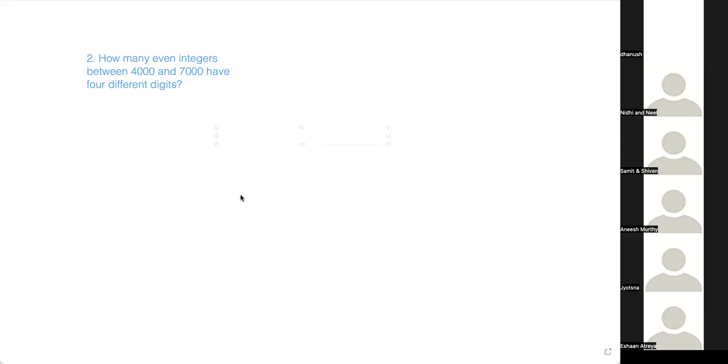Okay, good. 728 is right. Nivi, can you explain? Yeah, so I did cases. For it to be an even integer, the units digit has to be an even number, just saying that up front. So I first did the case where the thousands digit was even, meaning the digit was 4 or 6, which means there are 4 possibilities for the units digit, 8 possibilities for the hundreds digit, 7 possibilities for the tens digit. So you do 2 times 8 times 7 times